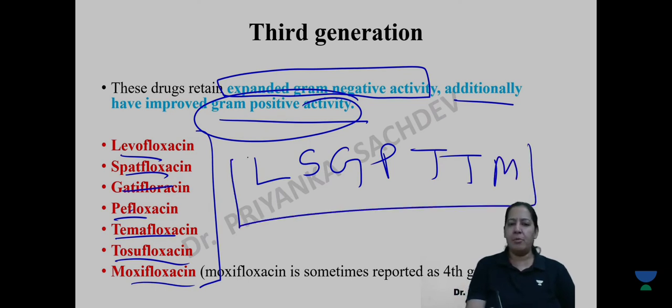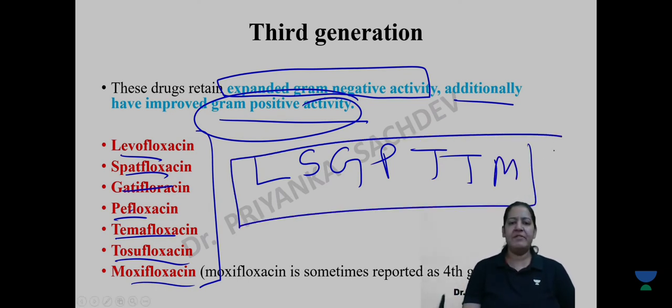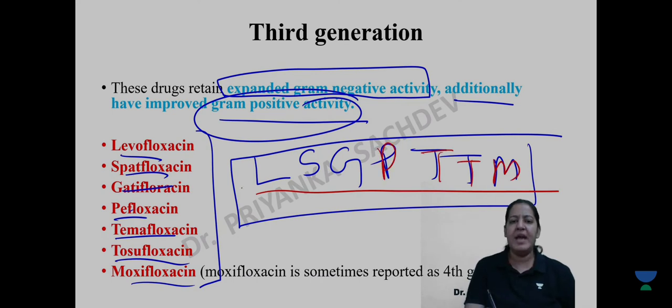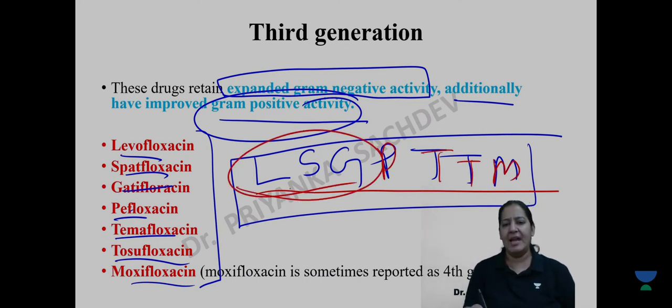Please help me with the mnemonic. I'm not having it. Can you make it, someone? Please make a mnemonic of these first letters. So it is double T, there is one M, there is one P, LSG, LSG, P, T, T, M. Right? So please make some mnemonic.